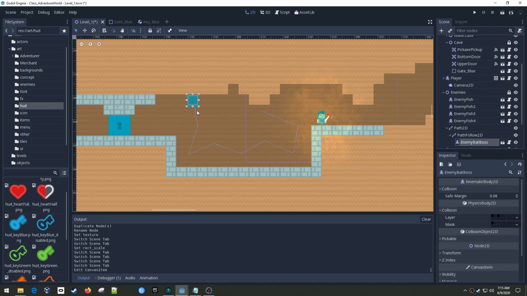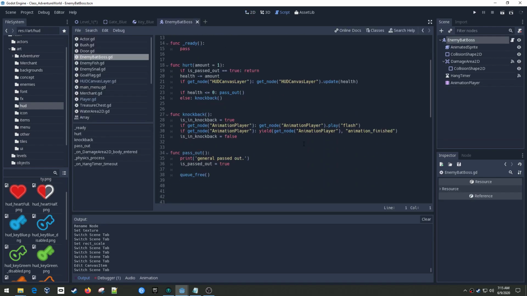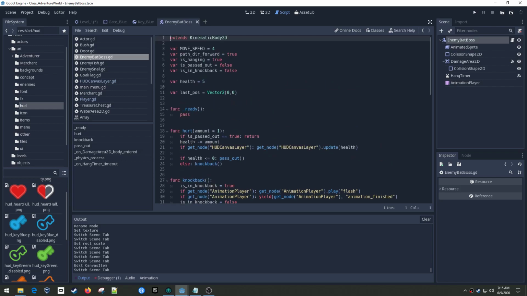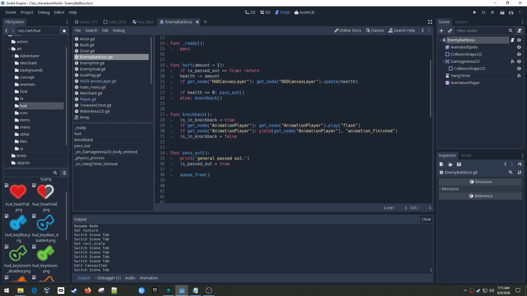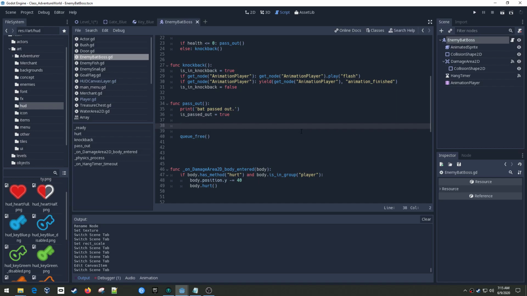So we'll select the bat, jump to the scene for the bat, and look at his script. We'll look at the functions we've already got. He's got a hurt, a knockback, and a pass out. This is the code that gets run when the bat passes out. So we can change this to bat passes out, and then right here,